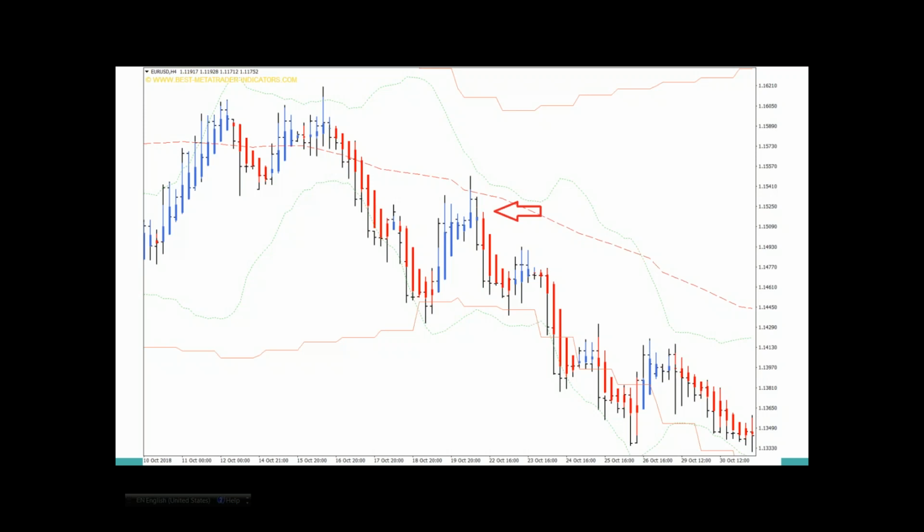So take a look at this red arrow here. Why do we think this is a good situation to short? There's a couple of reasons for that. First, in this chart, obviously it's not clear that it's trending, but this is the 4-hour. We assume on the day chart, you already made up your mind. The day chart clearly tells you the Bollinger Band is expanding and we're trending down.